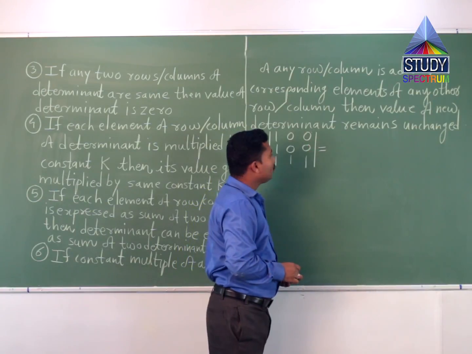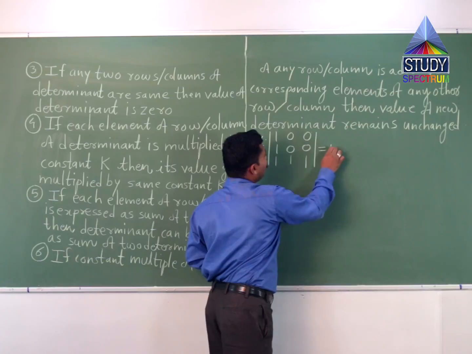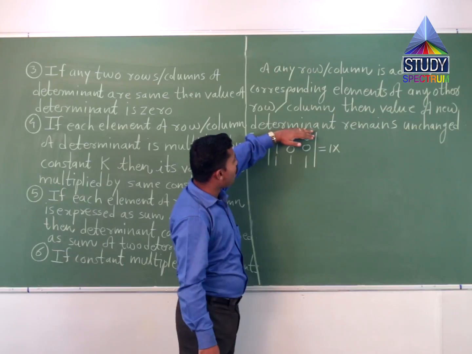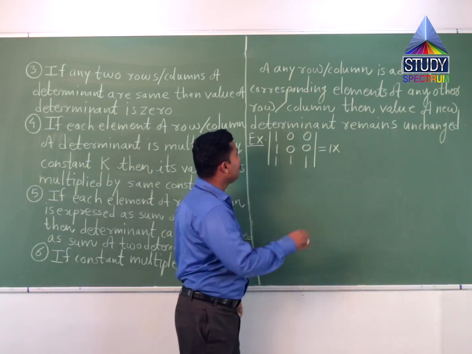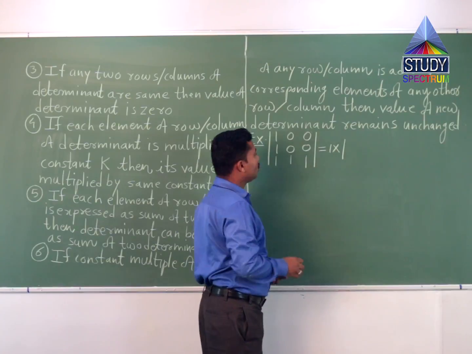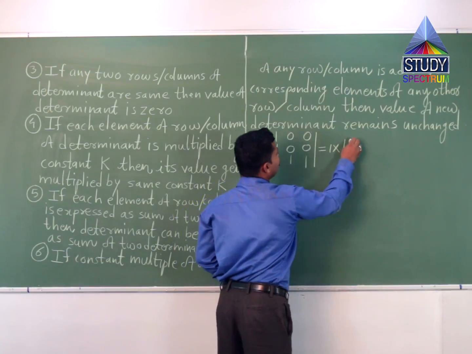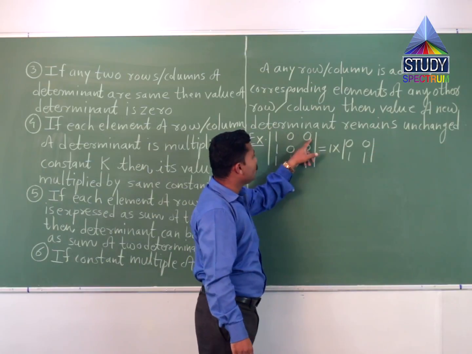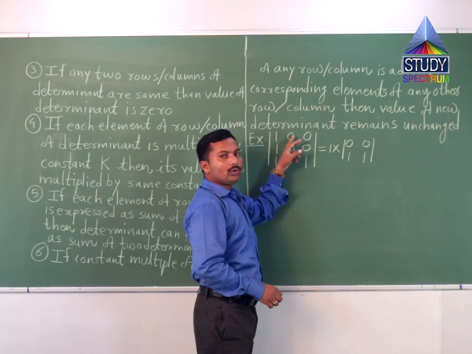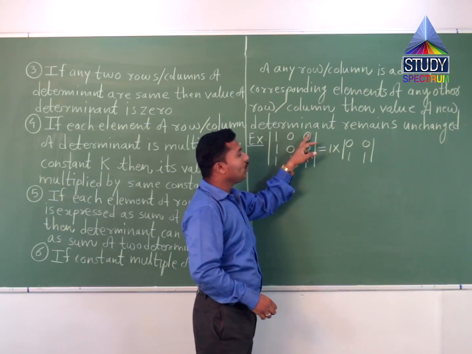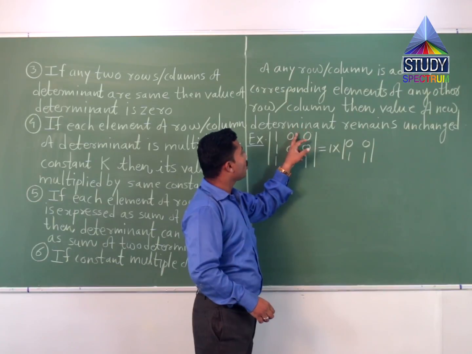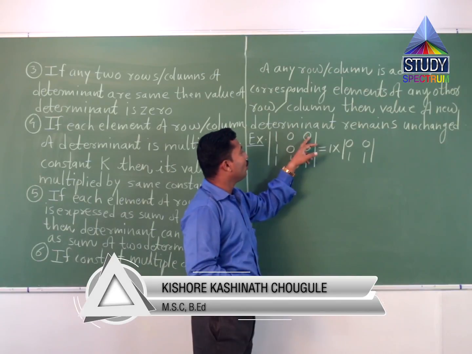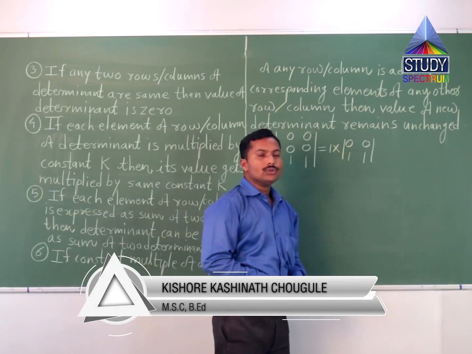So what is the determinant? 1 into the minor of this one. So what? Delete the column and row passing through this number. So what remains? The determinant of 0 0 1 1 0 0 1 1, and here is already 0 0. So 0 into its minor, again 0 0 into its minor, again 0, because 0 into any number is 0, or 0 into any term is 0. So the remaining 2 terms are 0.